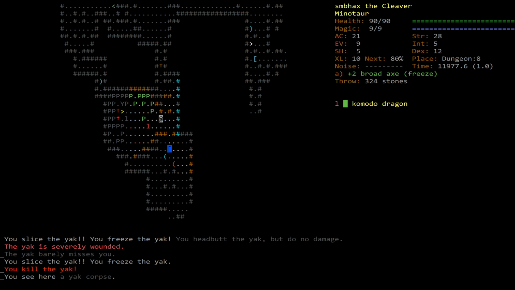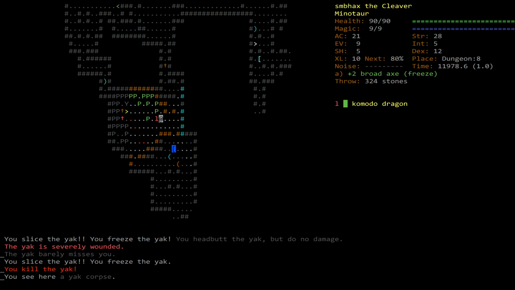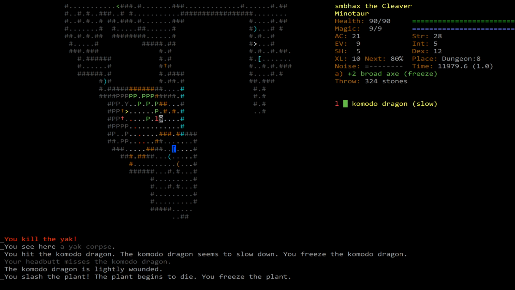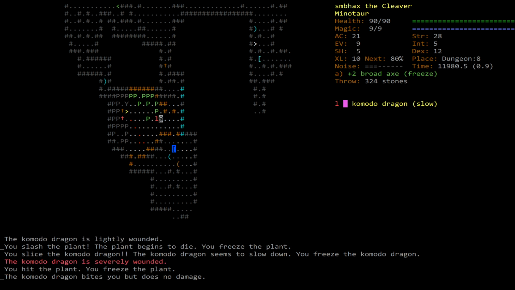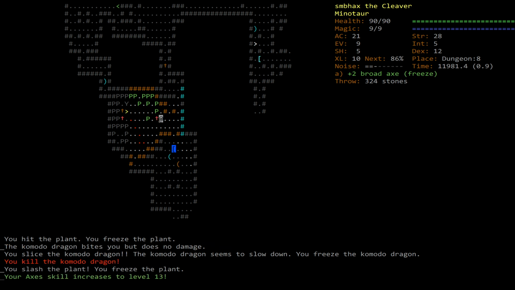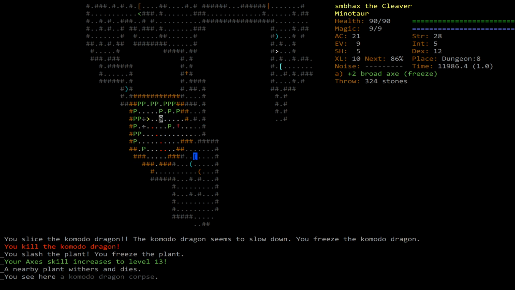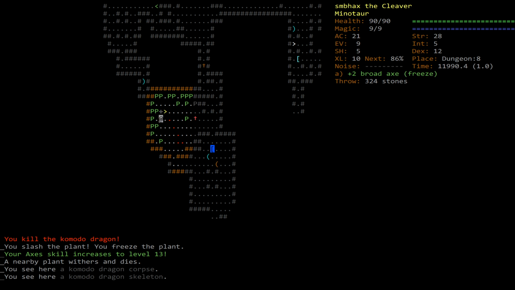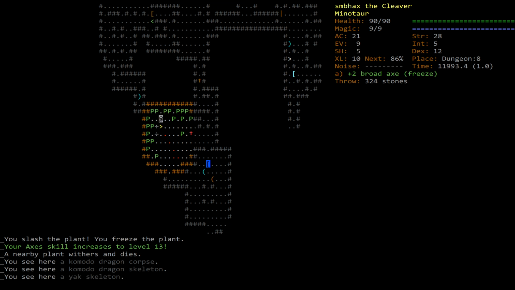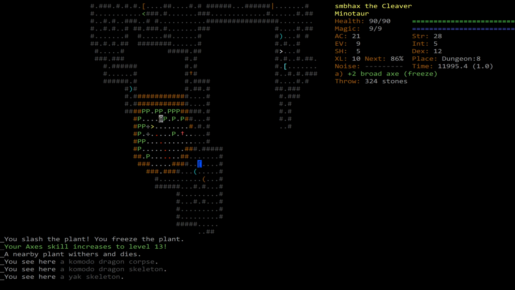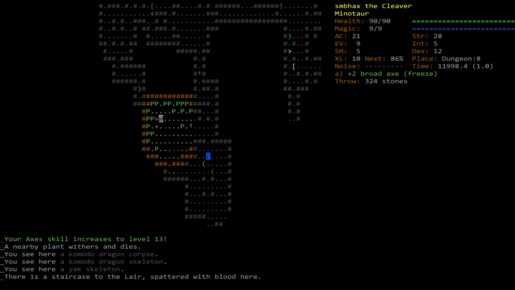Weren't there more yaks? Oh, see, because my axe hits everything around me, it's accidentally hit that plant. I'm afraid we messed up some plants. So, did I kill all the others, or did they? Maybe I did kill all the others. Well,